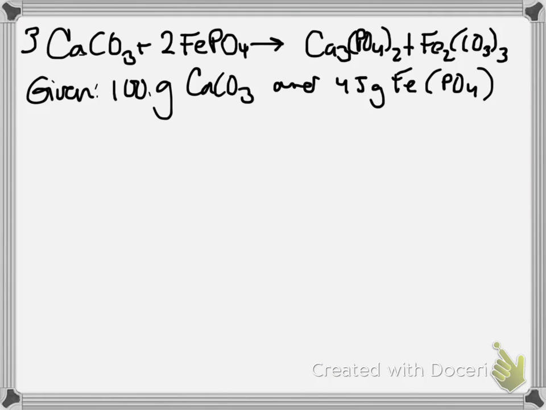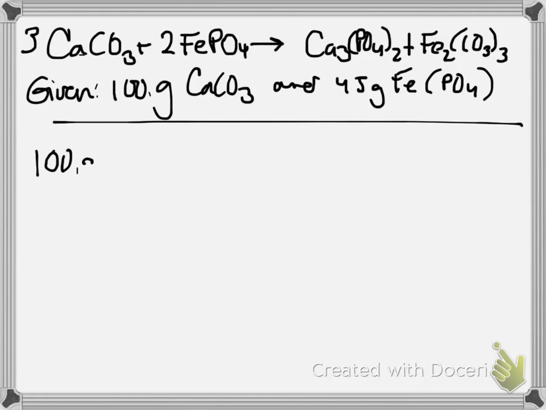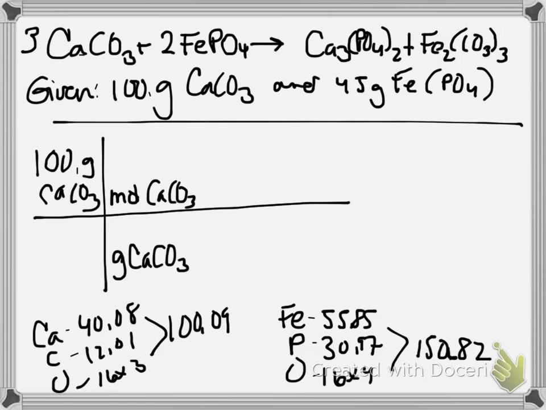Okay, so we have a reaction, and we have our 2 givens, and we want to know which is limiting, which is excess, how much remains. So we're going to start all of these the same way. Pick a reagent and start a factor label. And my habit, as I said, is to just start with the first one, so I'm going to start with my calcium carbonate. 100 grams calcium carbonate. Okay, so I did go ahead and make note of my molar masses.